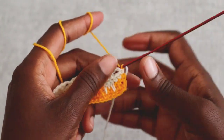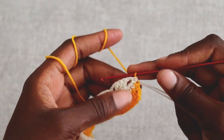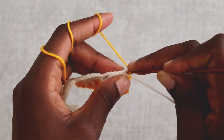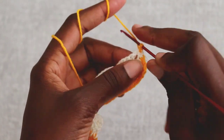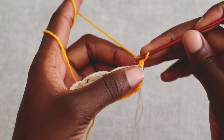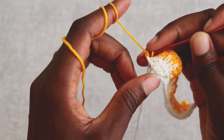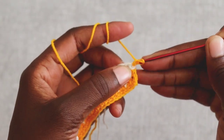Then you're going to turn your work, and you're going to start now by double crochet in this very first stitch. So insert your hook in that single crochet stitch, work a single crochet, then insert your hook through that single crochet stitch like this, make another single crochet,